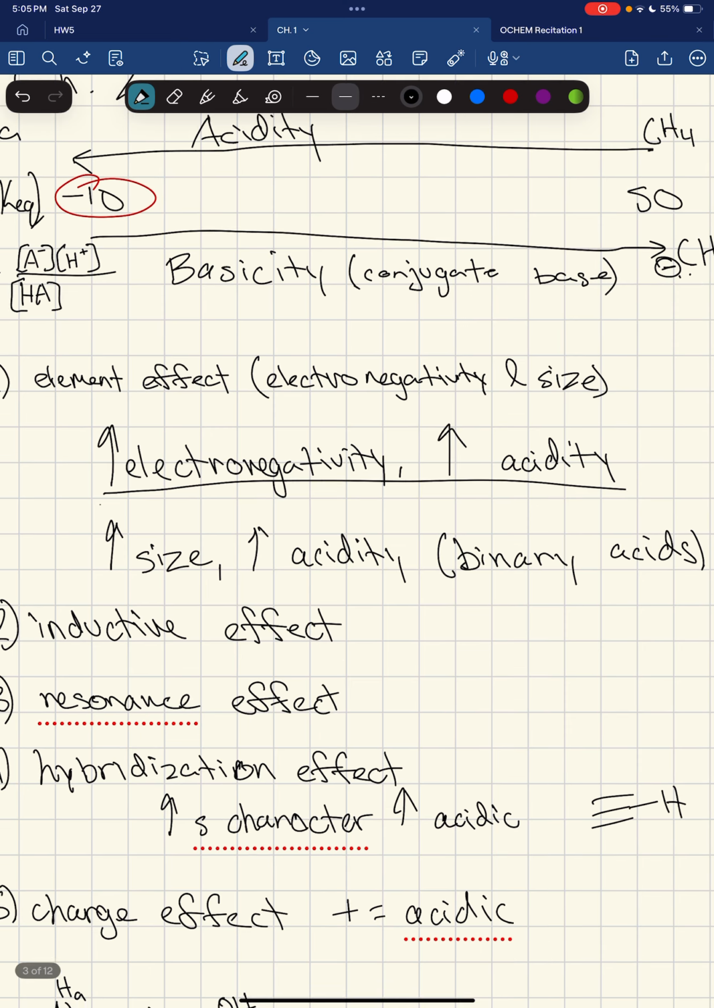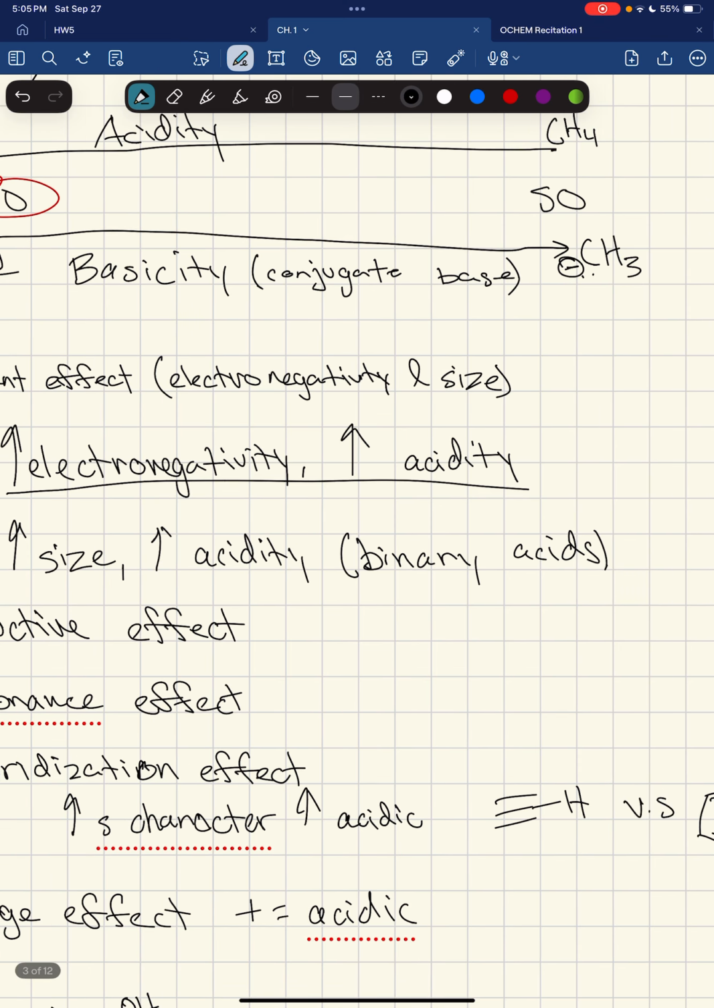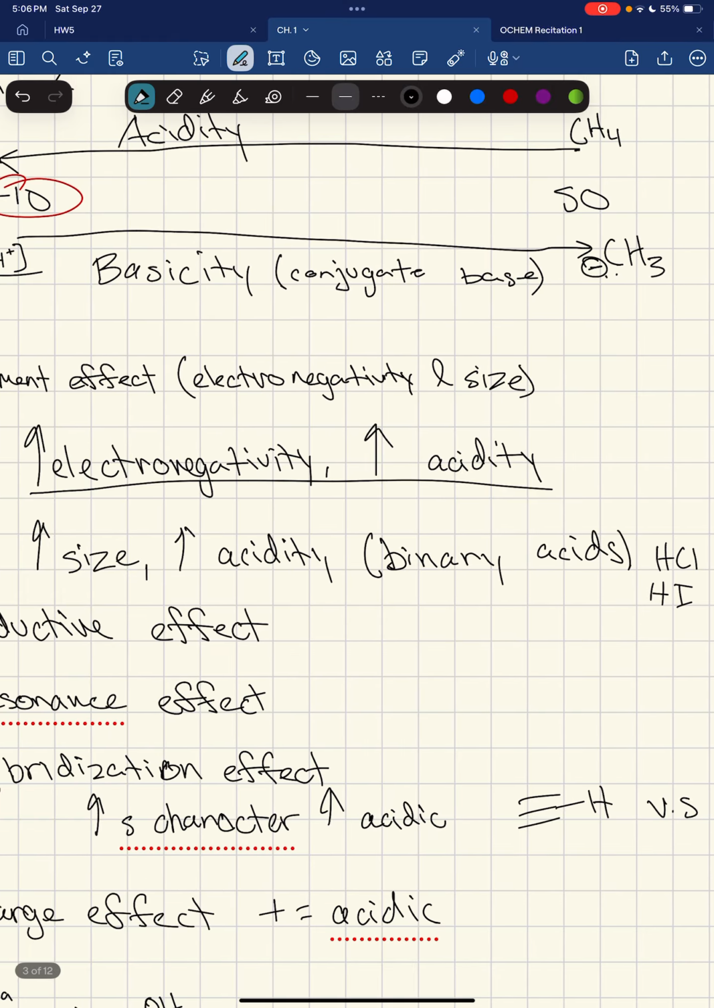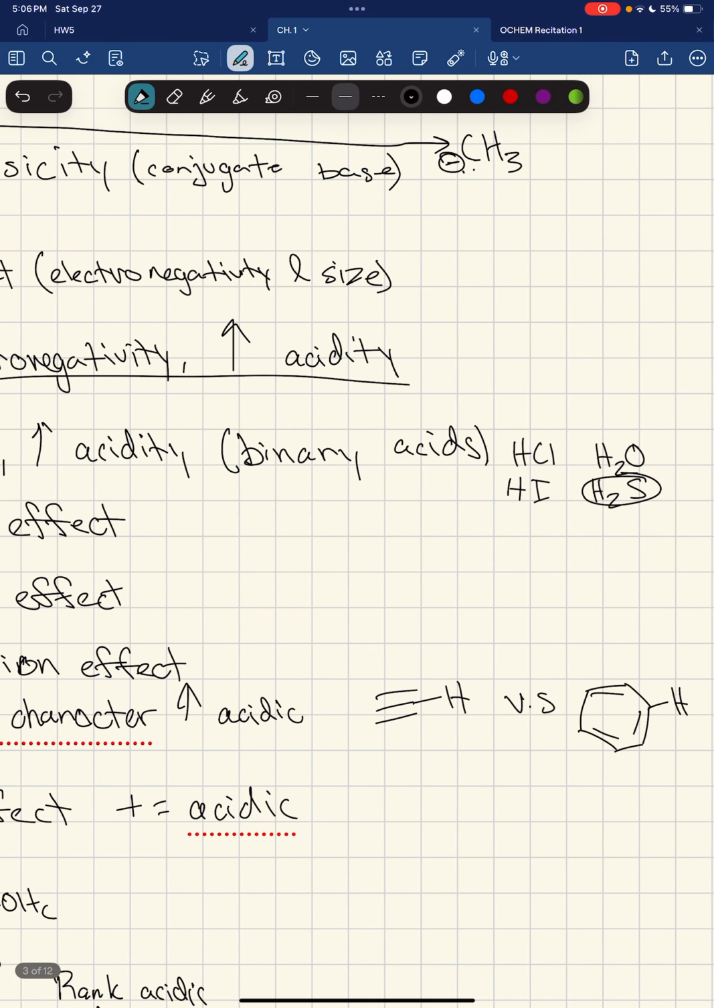As well, as you increase the size, acidity will increase. And that's only for binary acids. That's important. Binary acid means there's only H plus one other atom, like HCl. H2O is also a binary acid, which explains why H2S is going to be more acidic than H2O. HCl is going to be less acidic than HI because the I is bigger. Inductive effect, essentially,